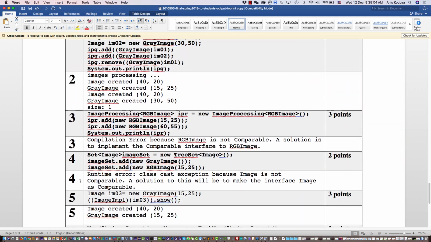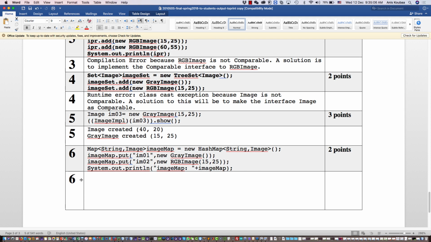So first of all, the casting is possible because image 3 is declared as image, and image IMPL is an instance of image. So this is possible. Now, when it comes to executing the dot show,